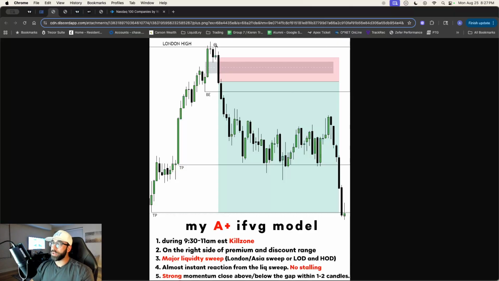Okay, so you have the fair value gap, you have your strong wick, and then right after 2-3 candles, you have the inverse or inversion fair value gap. So it's another FVG, fair value gap, that completely disrespects, in this case, the bullish momentum. So it came up, it had to grab some stop losses in price, and it inversed immediately, closing off this bullish gap. That's your IFVG setup.